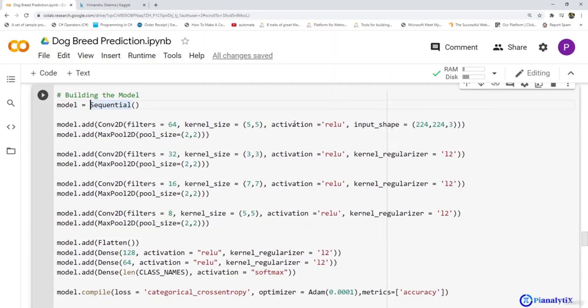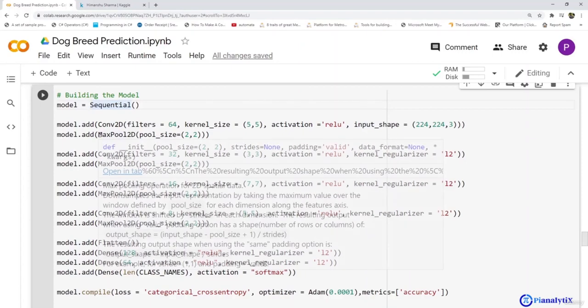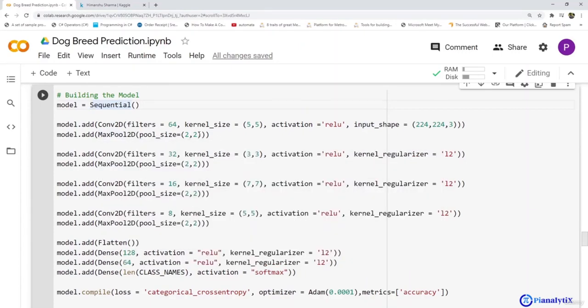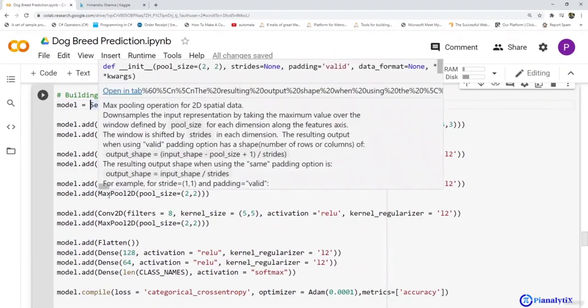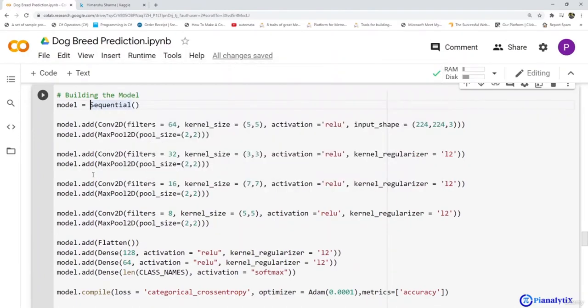So in the first layer, we need to pass the input shape also. Here we know that the input shape is 224 by 224 by 3. After that, I have applied a max pooling layer with a pool size of 2 by 2. What a max pooling layer does is it finds out the most dominant feature in a 2 by 2 matrix. Similarly, after that, I have applied a conv 2D layer again, then a max pooling layer, then again a conv 2D layer, then a max pooling layer. Similarly, you can add as many layers as you want if it gets you a higher accuracy.